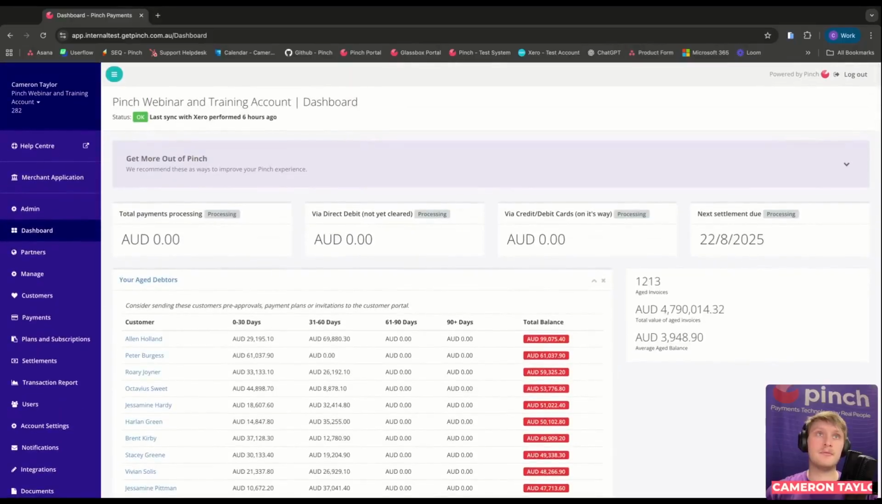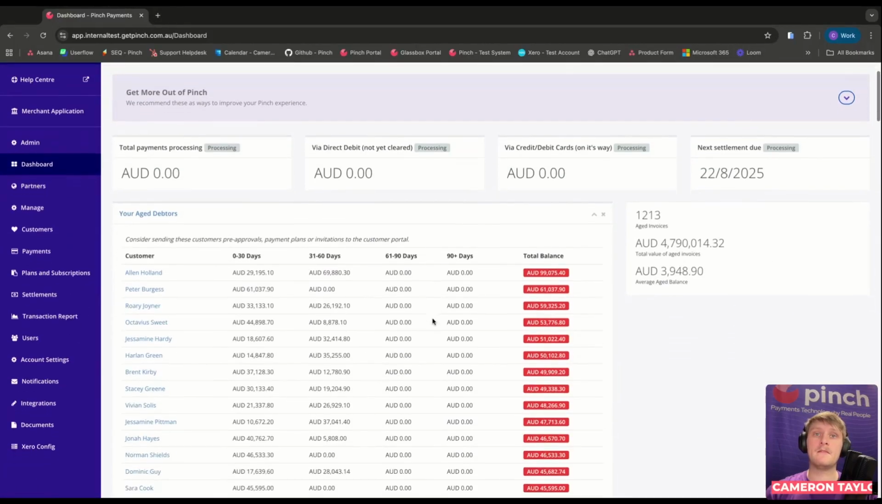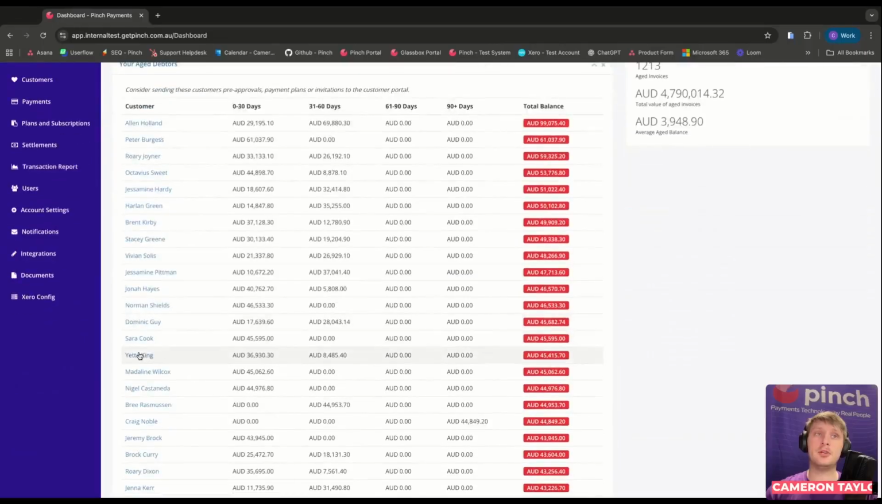From this list, a couple of features. At the top here, you'll find a Get More Out of Pinch tab. You can always drop this down to book in merchant masterclasses, look at our new features like the Chrome extension or our new notifications hub, as well as sign up to our Pinch Partner program. If I scroll down a little bit further here, you can also click into any of your clients in